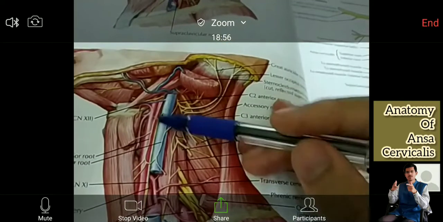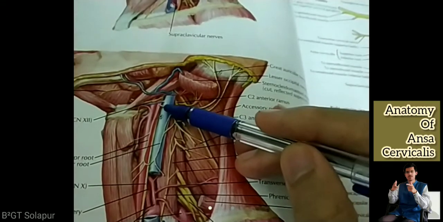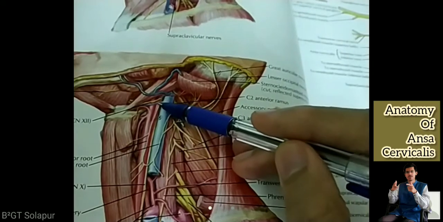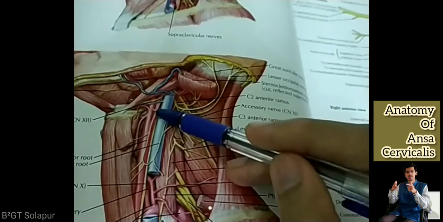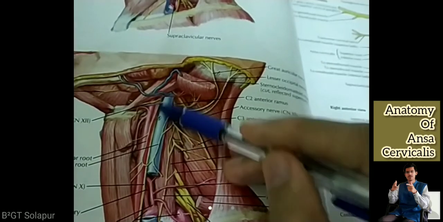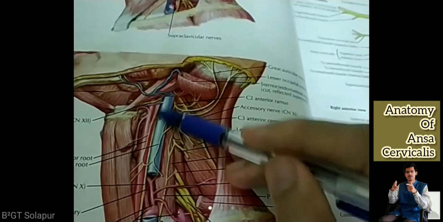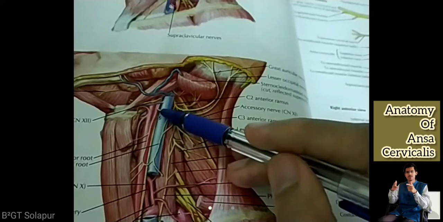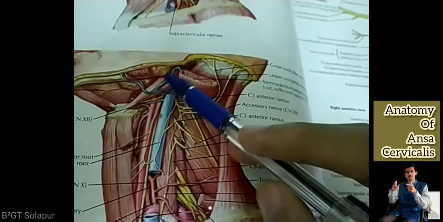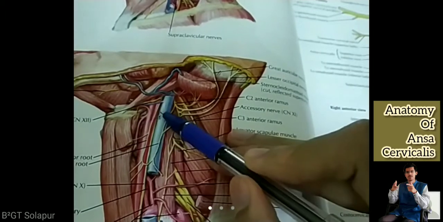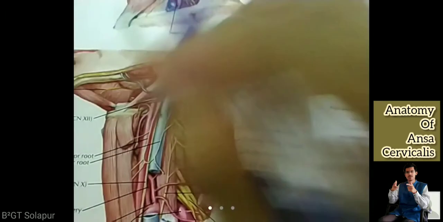So what I said, that extent or location of this ansa cervicalis, I said that it is coming over the internal carotid artery and further on the common carotid artery. Can you see? This is internal. Can you see the division here? Can you see the depression here? So this is nothing but the division of the internal carotid and external carotid artery from the common carotid artery. So external is on the outer side, internal is on the inner side. We are going in depth this way.